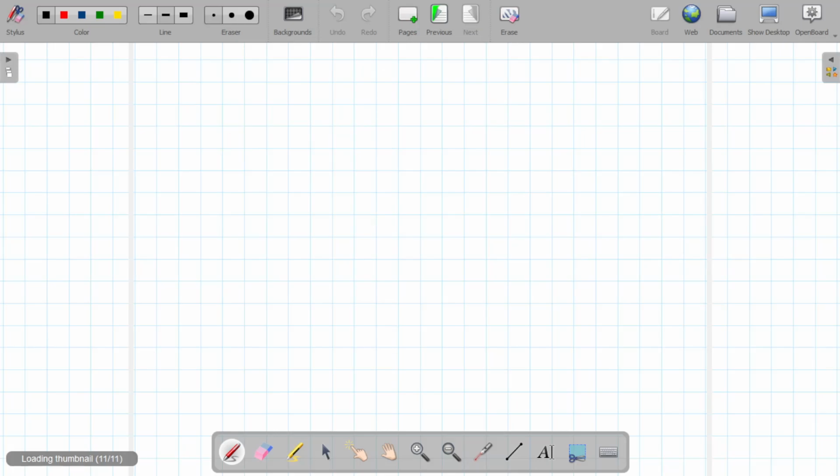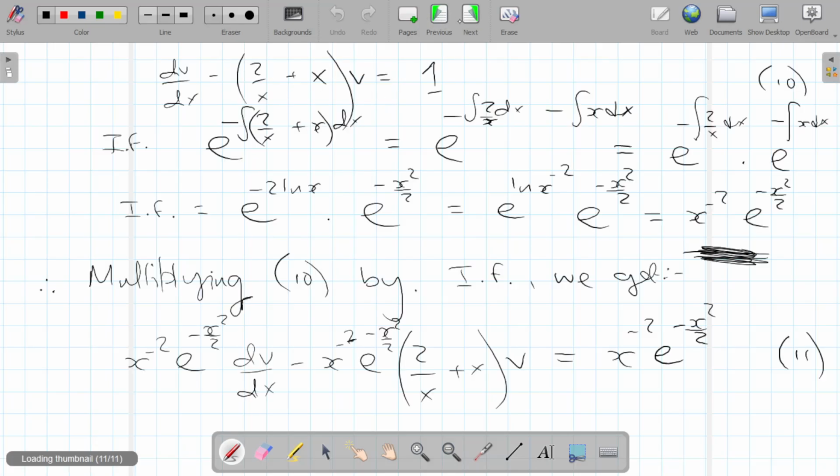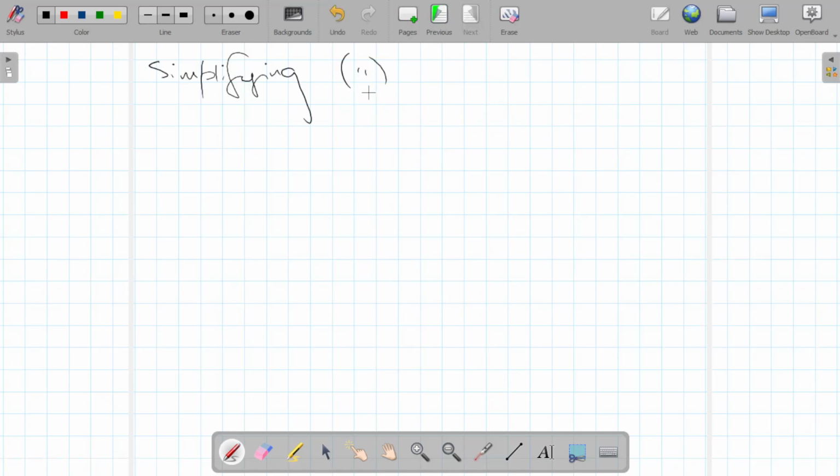So simplifying equation 11, we can write equation 11 as d by dx of, I'll put square brackets in,